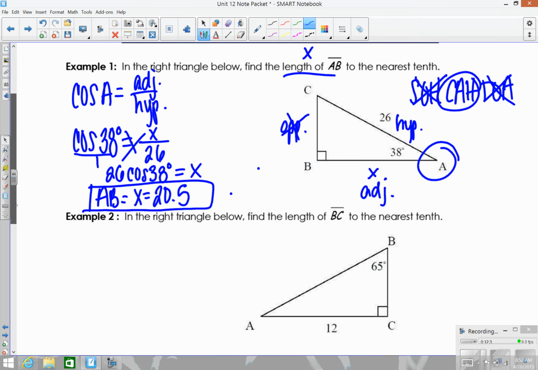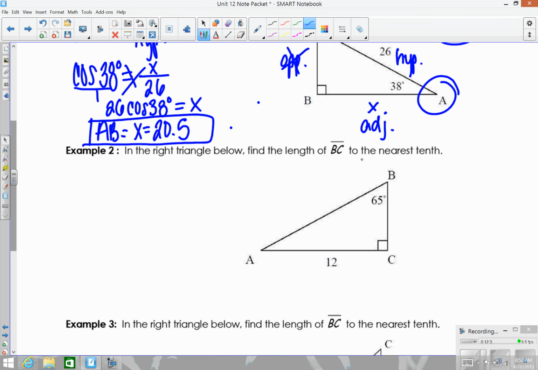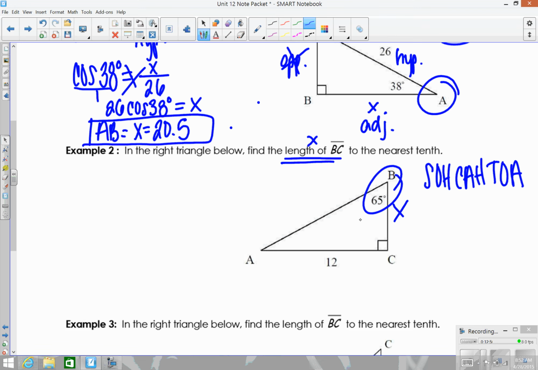So let's try a couple more. In this example, we're trying to find BC, so I'm going to call that my x this time. Again, we'll look at Sohcahtoa. We can't use the Pythagorean theorem, since we don't have two sides; we have to have 2 out of the 3. We look at whatever angle is labeled, which is 65. This is the opposite, this is the adjacent, and this will be the hypotenuse, but I don't have anything on there, so I'm not going to worry about labeling it. I know I can't use anything with an h in it,